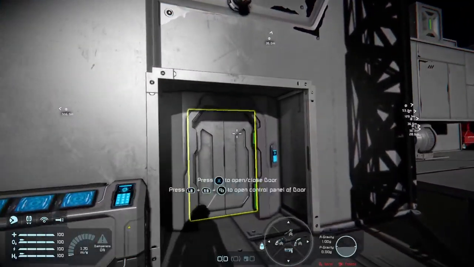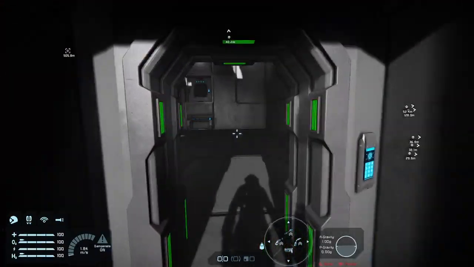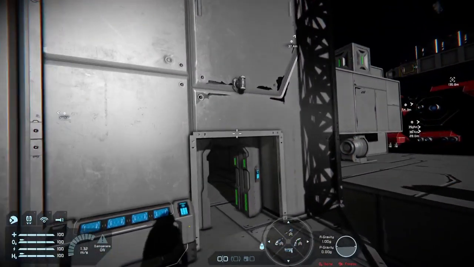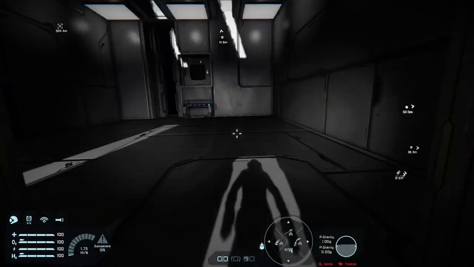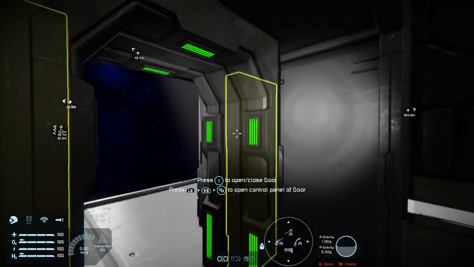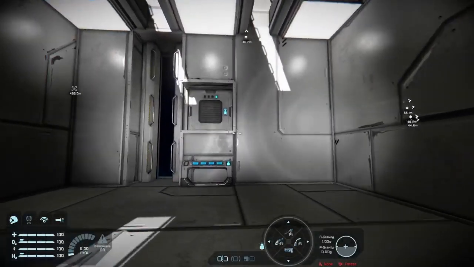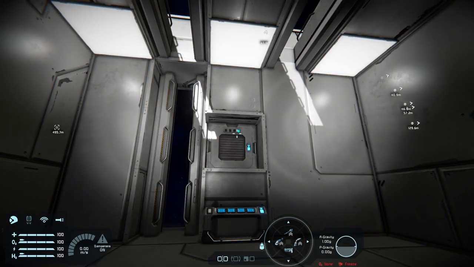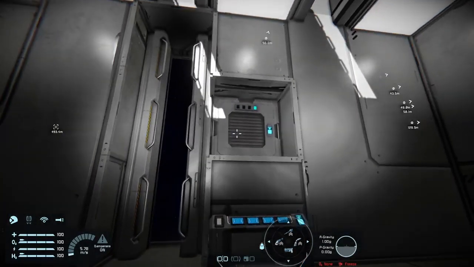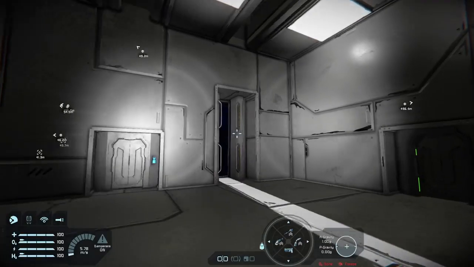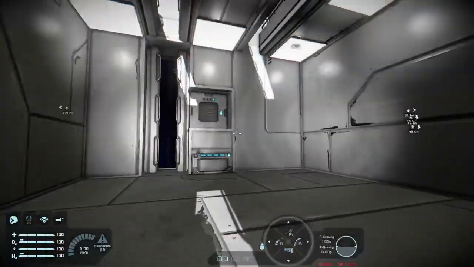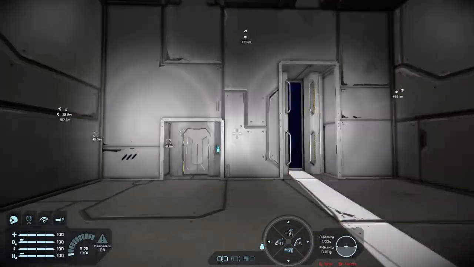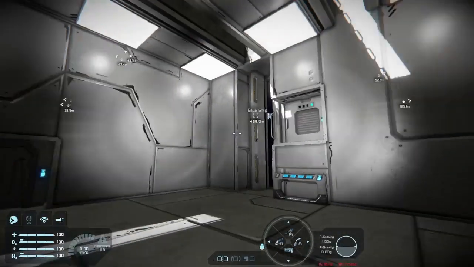Because unfortunately we're in creative. If I switched over to survival, it would work much better. What basically has happened is that the tank attached to this is at 100%, so there's no way for the air to move backwards and forwards properly. I could break that tank and rebuild it, but that's the general idea.